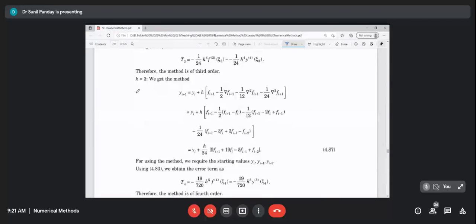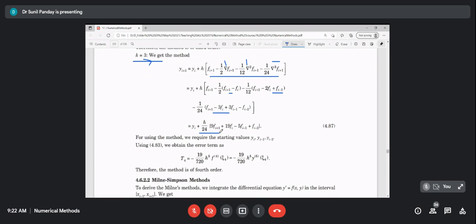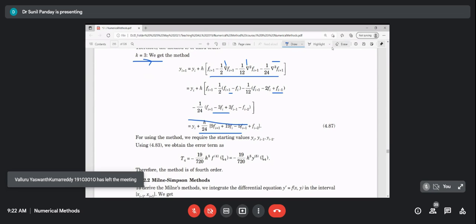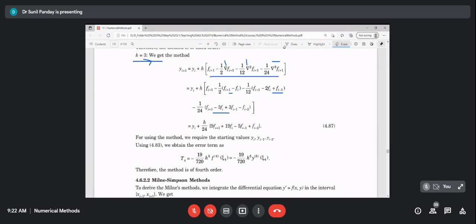Now this method is important to us. K equals 3: for k equals 3, we consider up to the third order backward of f of xi plus 1, and the higher order backward differences of f of xi plus 1 we consider 0. We will get this one. If we substitute the values of the first backward, second backward, and third backward of f of xi plus 1, and after simplification we will get this. And this is our fourth order Adams-Moulton method. This method is actually useful for us, and in most problems we use this method.